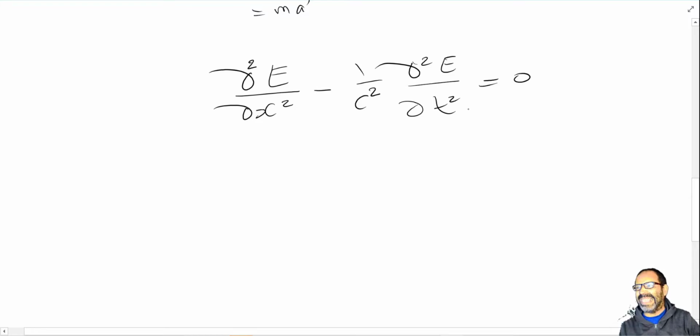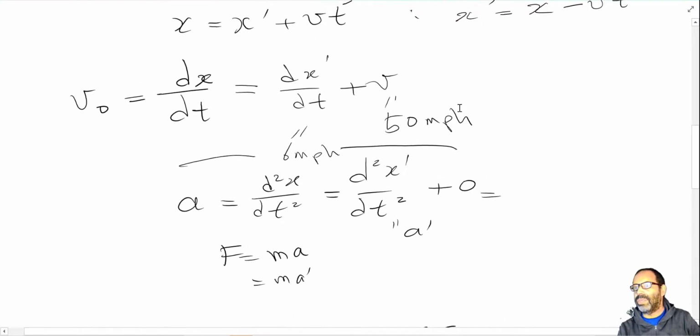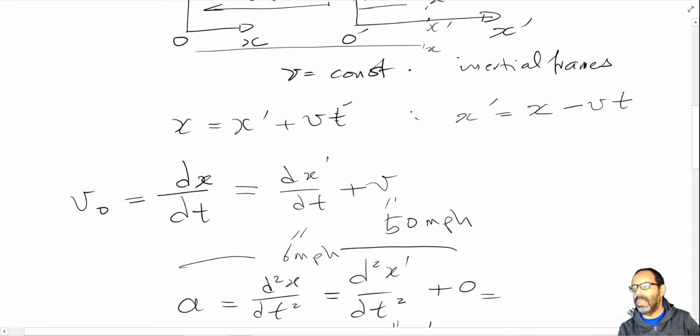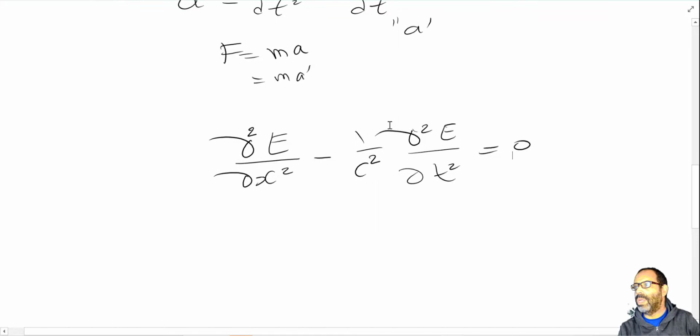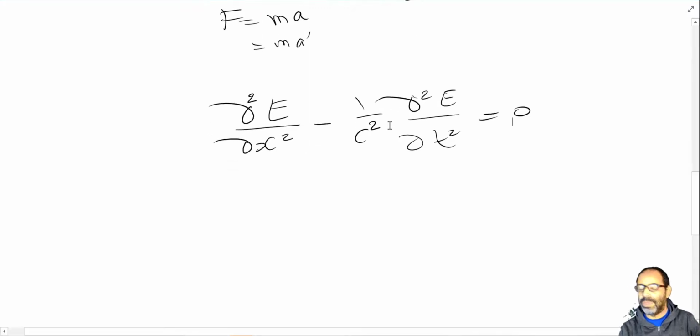This wave equation is exactly incompatible. If you try to change coordinates in here from x and t to x prime and t prime, even with t equal to t prime, you will find that this equation does not stay the same. There will be additional parameters in it due to cross derivatives. So there is a problem in here. This equation is actually not invariant, it changes